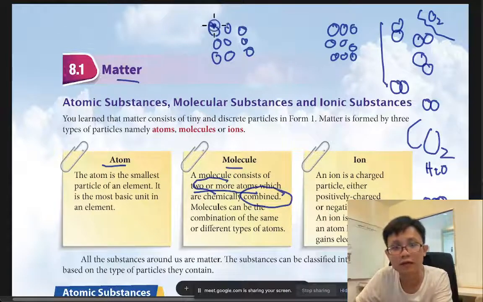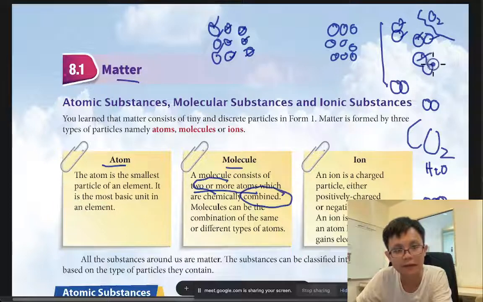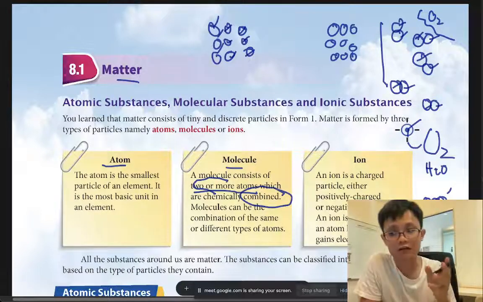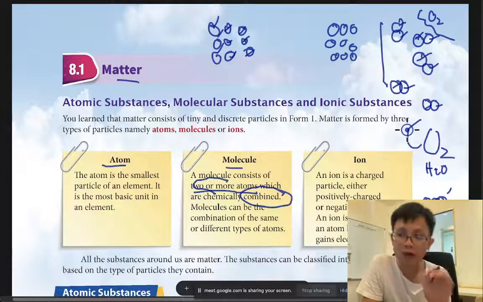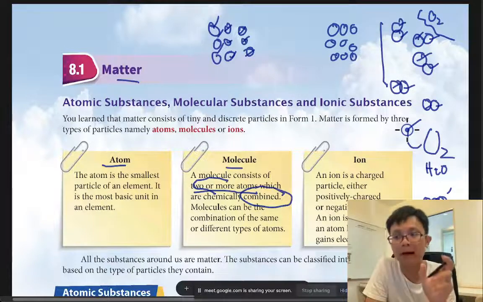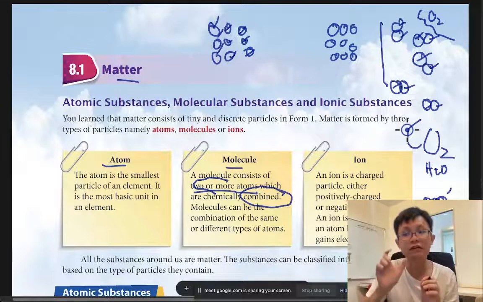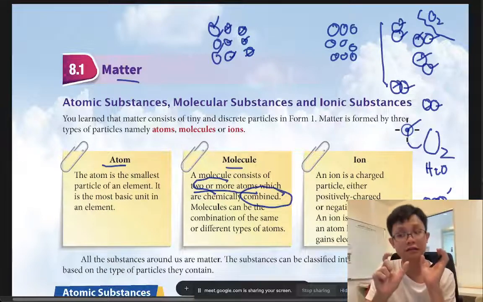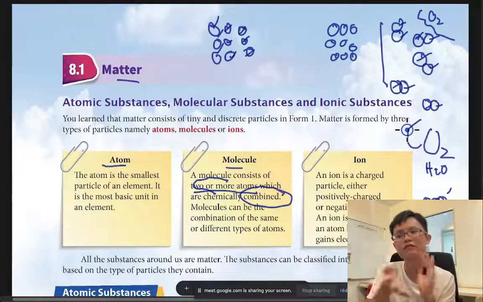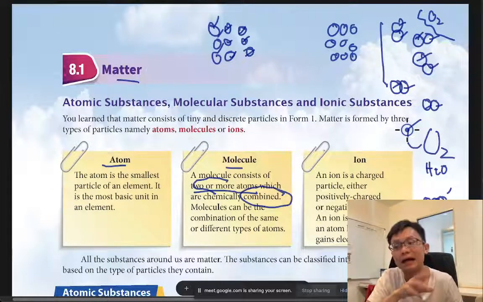So this is atom. This one how about molecule? Also atom. All this is atom. But molecule is not atom. Atom is not molecule. Atom is the element. Molecule is made from atom. It is combined. The keyword is combined. A few atom. You need to know molecule is more special. It is a few atom. It is combined. Atom is not combined. But if atom combine, it become molecule. So it's like different a bit. Like it is same but different.